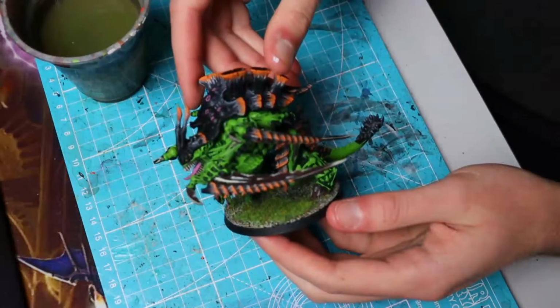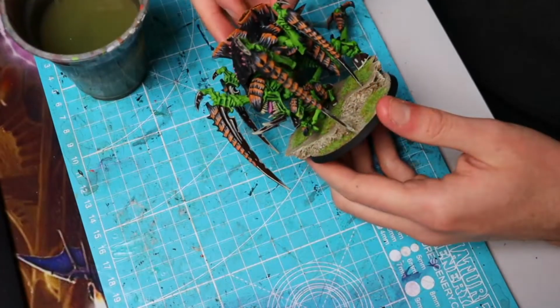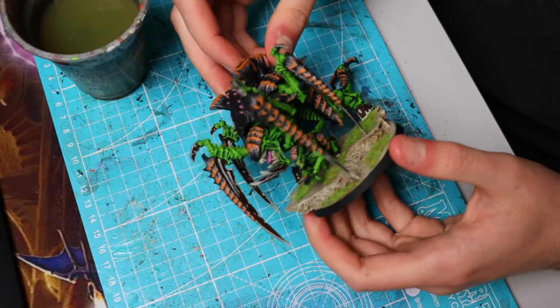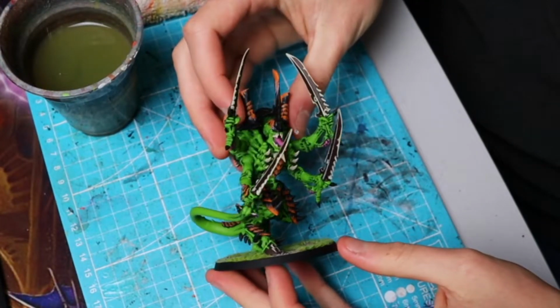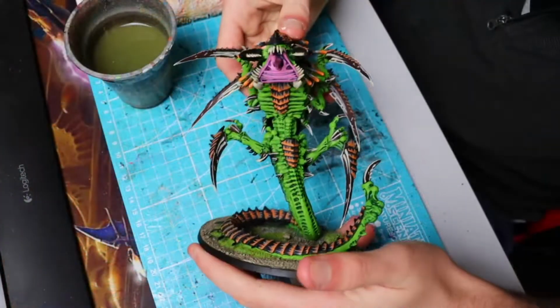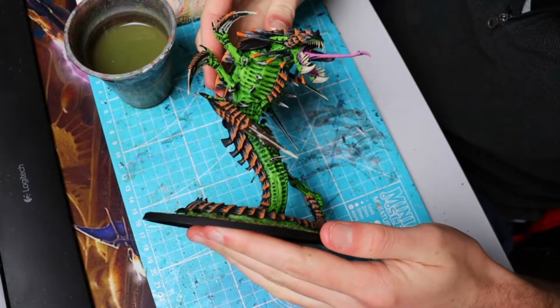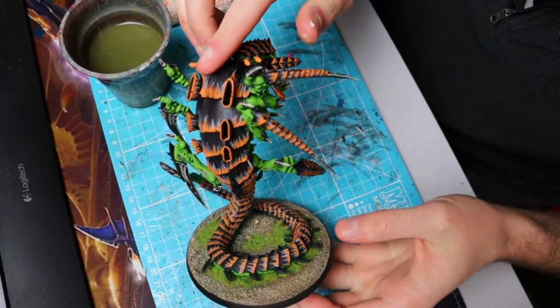Today I'm going to be doing a painting video for you. As some of you who follow the channel a bit more closely would know, we are a battle report channel, and we haven't released any battle reports as of late. That is because here in Sydney, Australia, we are undergoing a bit of a lockdown, so change of plan, we are going to be doing a painting video for you guys today,